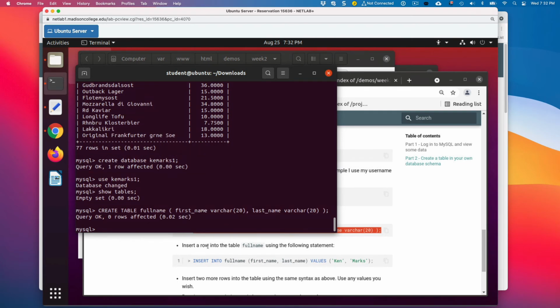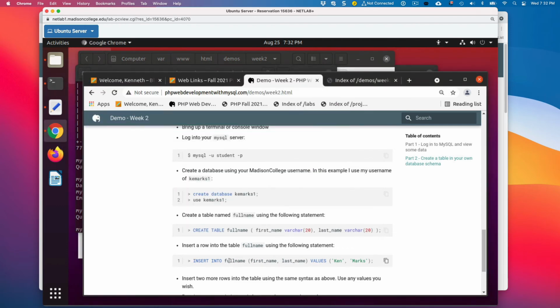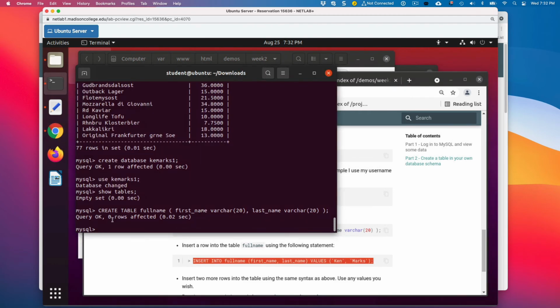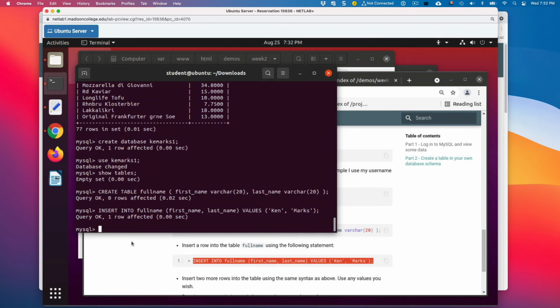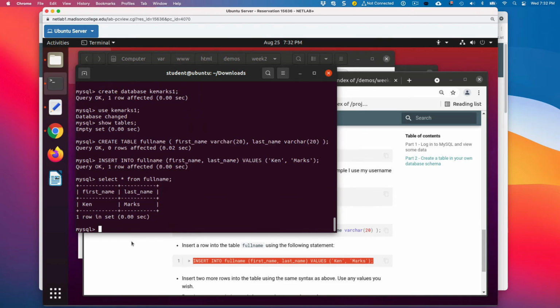Okay, and then I'm going to insert my name in there. You can do the same thing. Change that to insert your name. And then if I say select star from full name, that's what I should get.